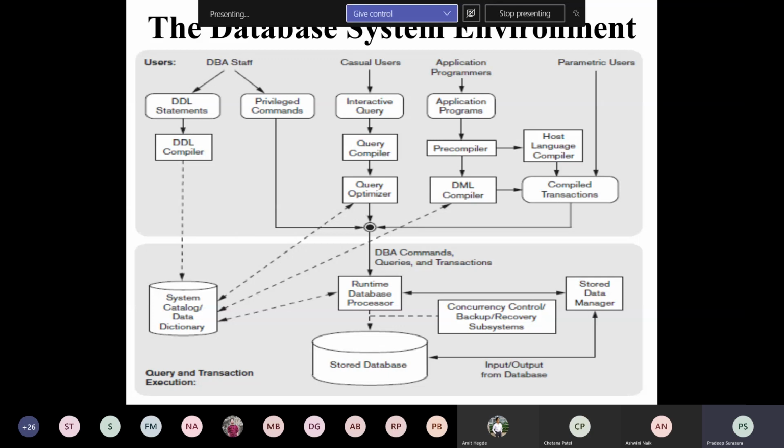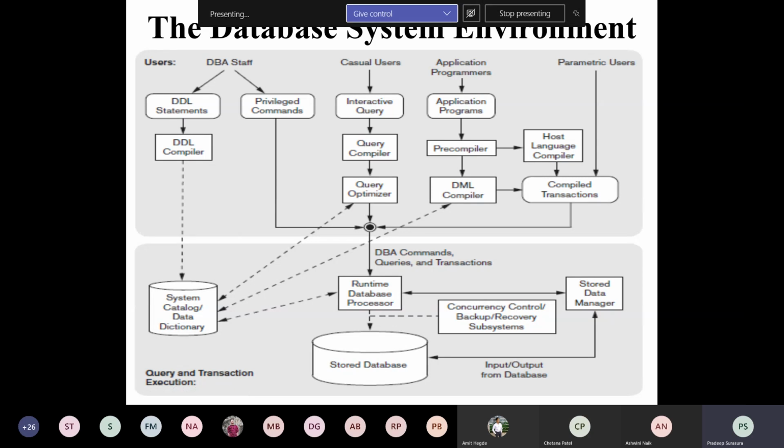You will see only the database administrator, parametric or naive users, casual end users, and application programmers. You will not see the people working on the software. Workers behind the scene are not connected to this slide.